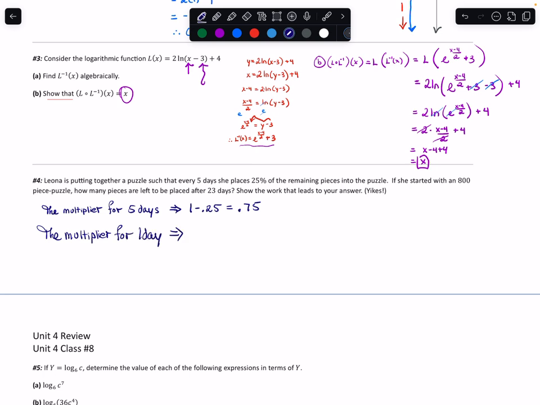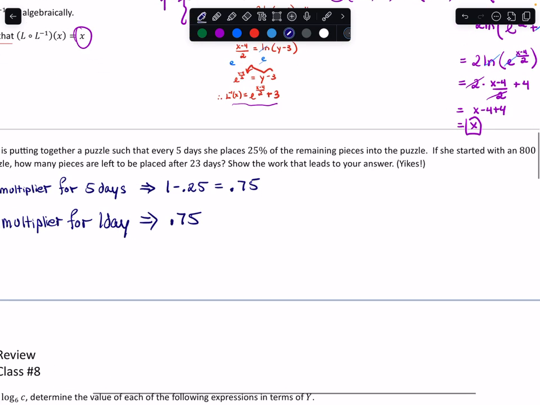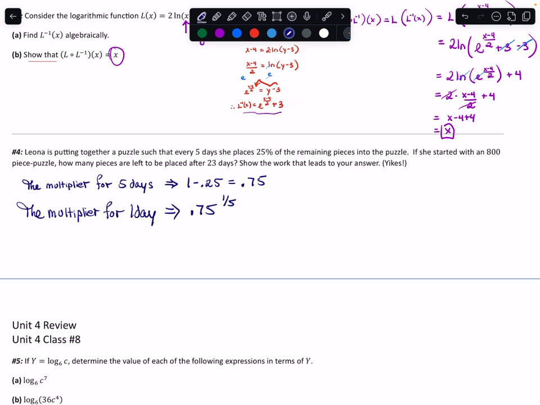That would be that rate, and so you're going from big to smaller. There's 1 day out of every 5, right? It's 5 days for 5 days. There's 1 day, so it's 1/5. Now that is the multiplier for 1 day. You might say, should I stick that in my calculator? I would not. I would actually leave it this way, because now, after 23 days,